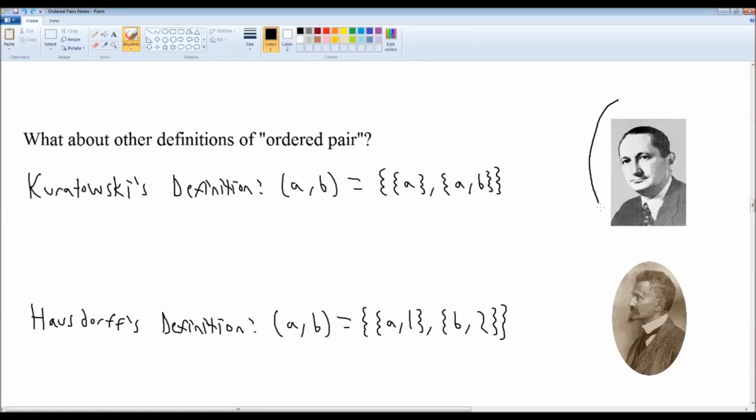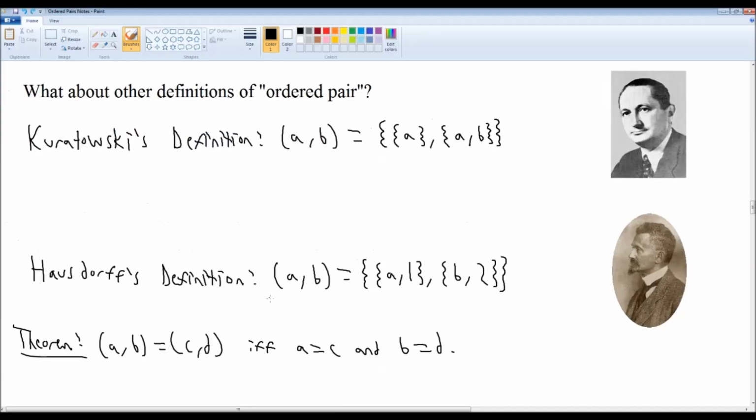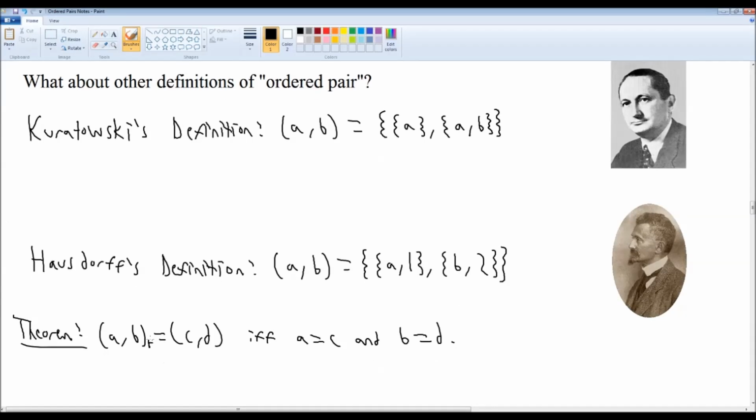Now, Mr. Kuratowski here wasn't the first one to come up with a definition of ordered pair in terms of sets. For example, Felix Hausdorff even earlier gave a different definition. He defined an ordered pair to be this set. It turns out that if you use Hausdorff's definition instead, it still satisfies this important law. Let's try to prove it, although I'll write a little h for Hausdorff just to be super clear which definition